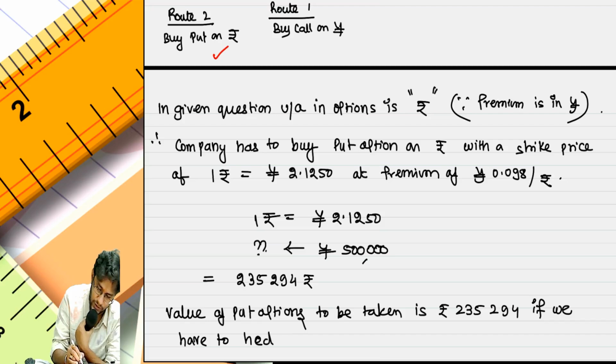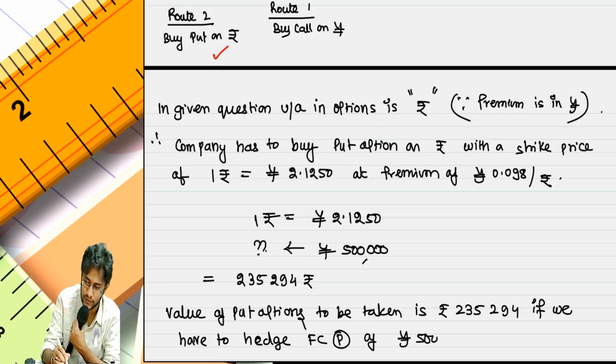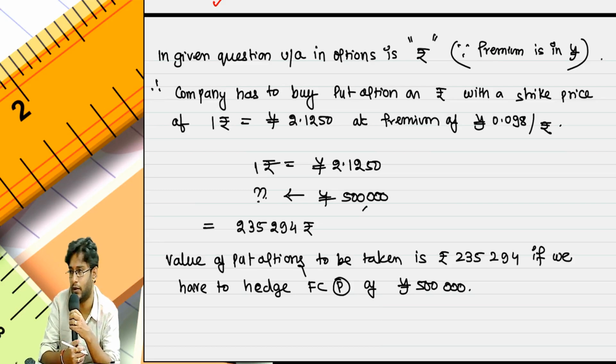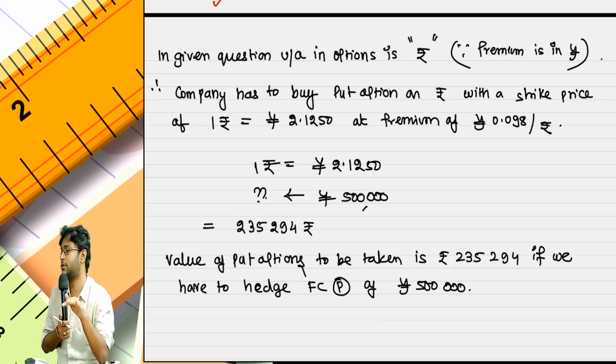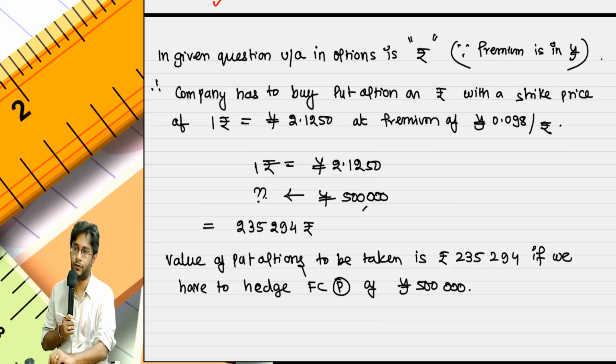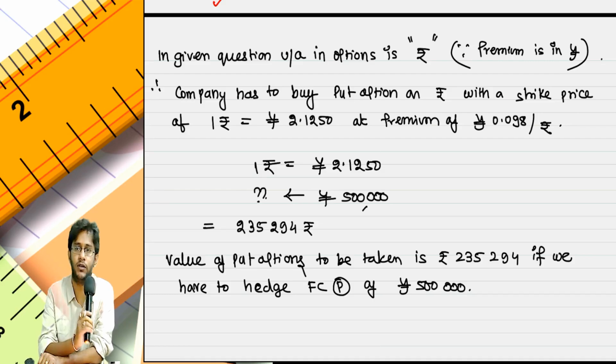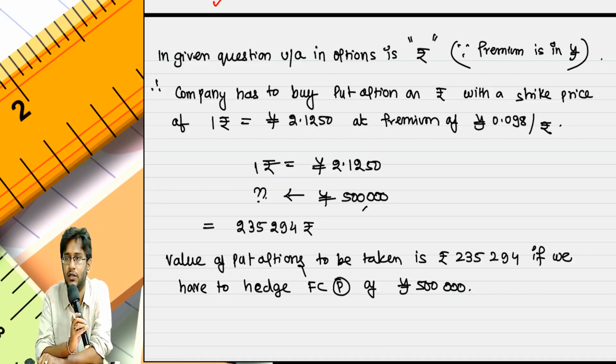If we have to hedge an FC payable of yen 5 lakhs, suppose you are doing call option hedging, then the answer would be very simple. Buy call options worth 5 lakh yen. But since you are doing put option hedging using rupee as the underlying asset, you must be hedging 235,294. The question has one trap put for you. Any under-hedging or over-hedging, you would take forward contracts and all. But the under-hedging scenario will come when